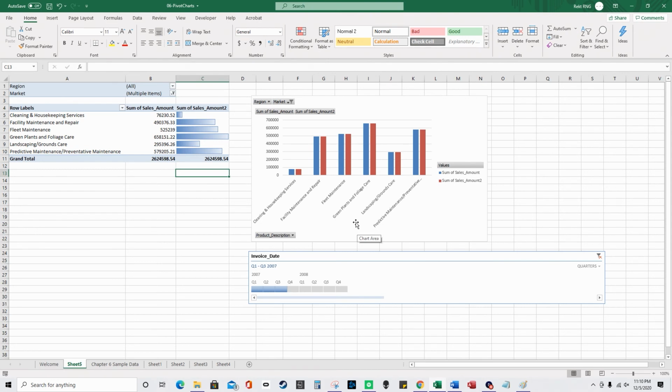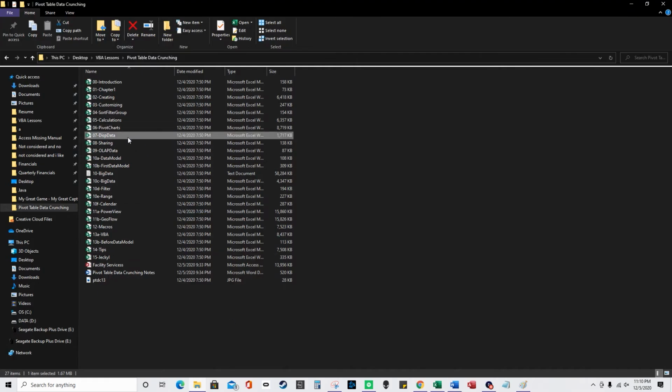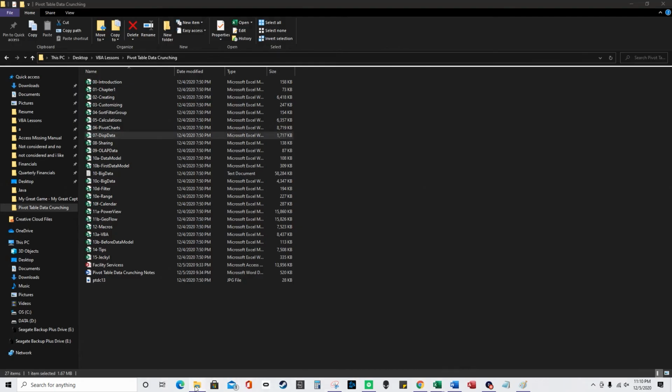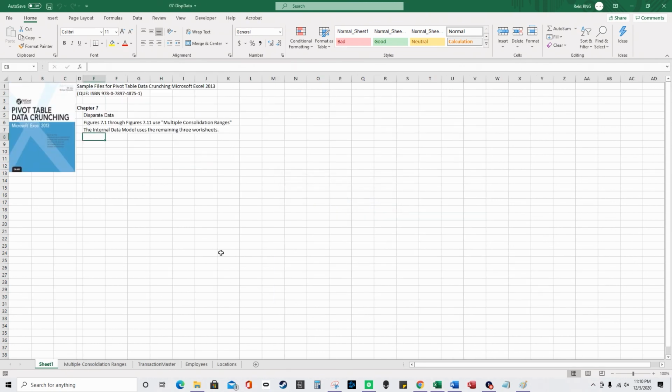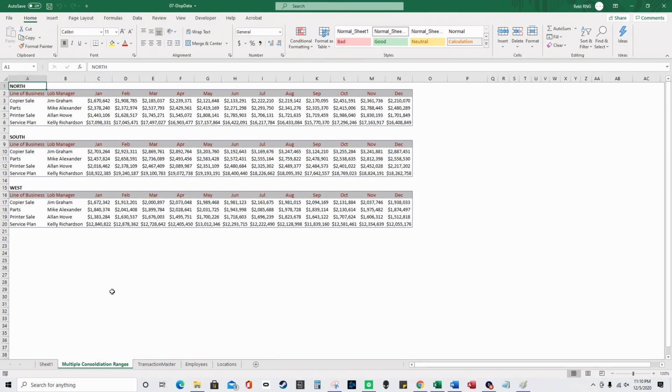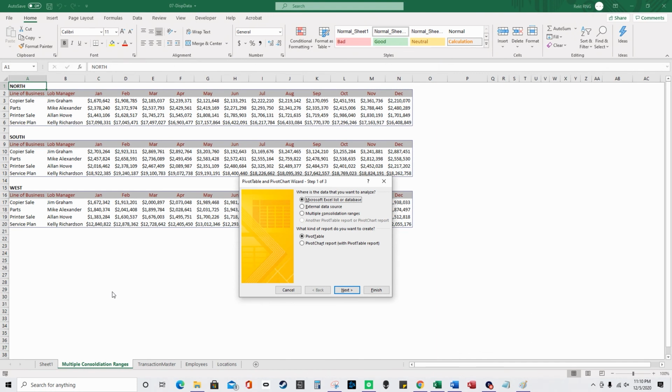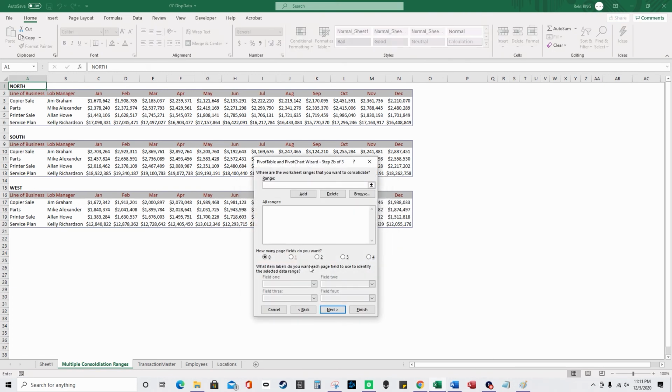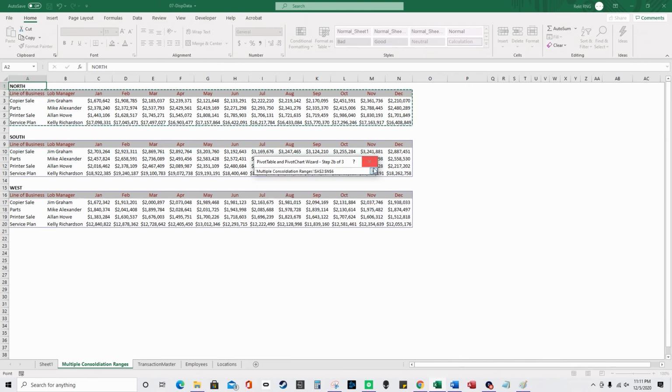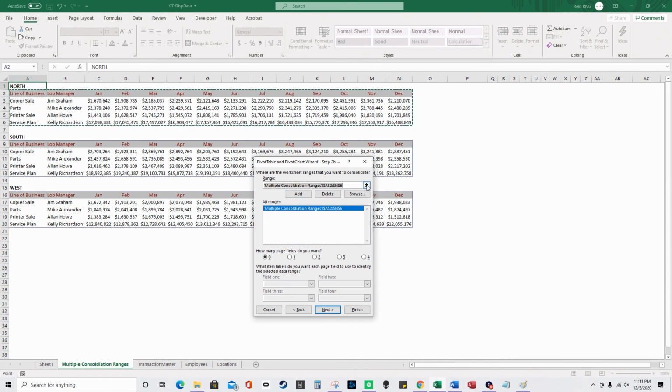And in the last section, I'm going to show you how to work with different data sources for pivot tables. So let me close out this chapter. And so external sources are multiple sources on different worksheets. I'm going to go here and press Alt-DP to bring up the classic pivot table and pivot chart wizard. And I'm going to select multiple consolidation ranges. I'm going to select I will create the page fields, and I'm just going to select these. You include the headers in each of the selections, and then you press add. So I'm going to select the second one, press add,